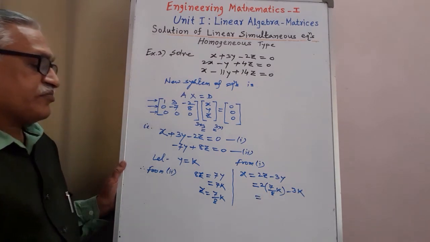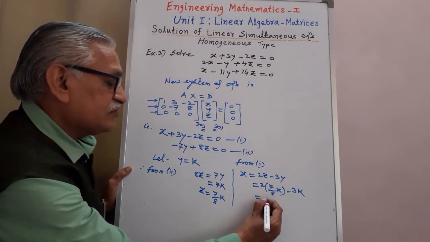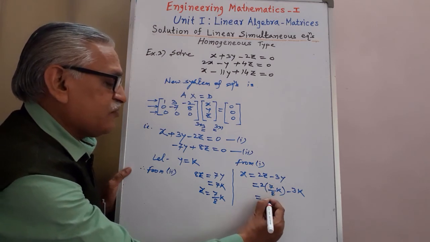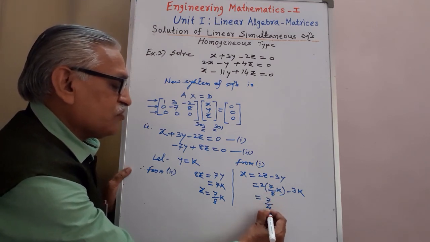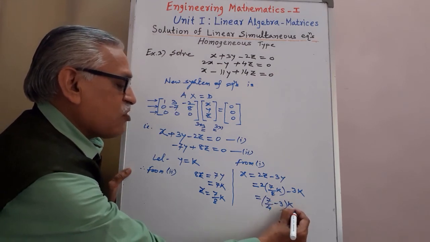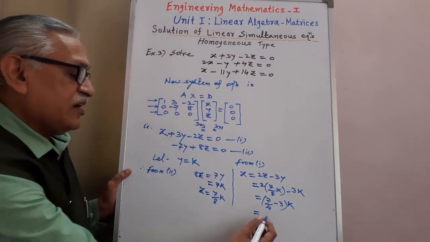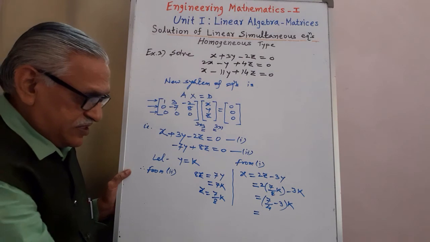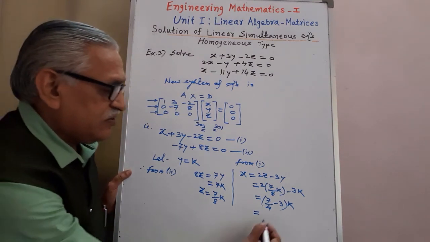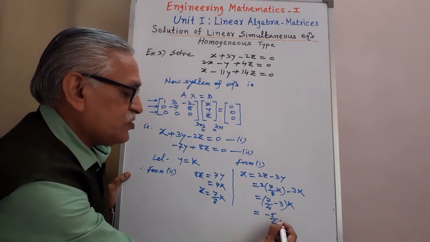Therefore we get 2 4s are 8, so it is 7 by 4 minus 3 times k, taking k common. Here, cross multiplication, 7 minus 12, we get minus 5 by 4 times k,